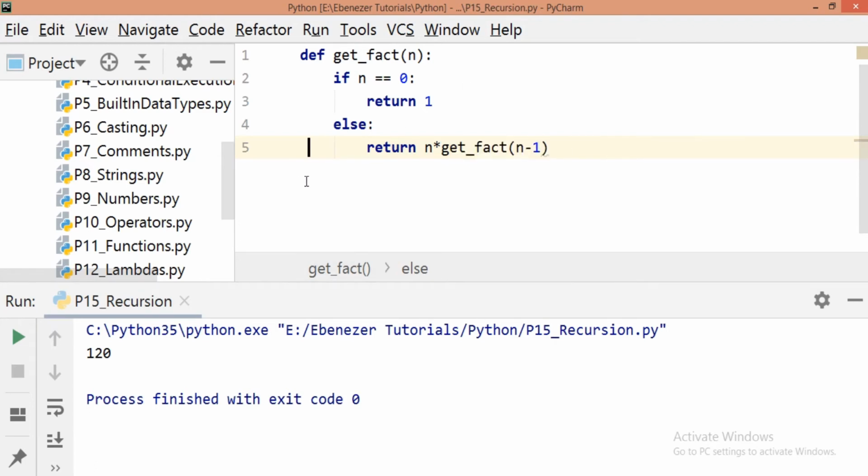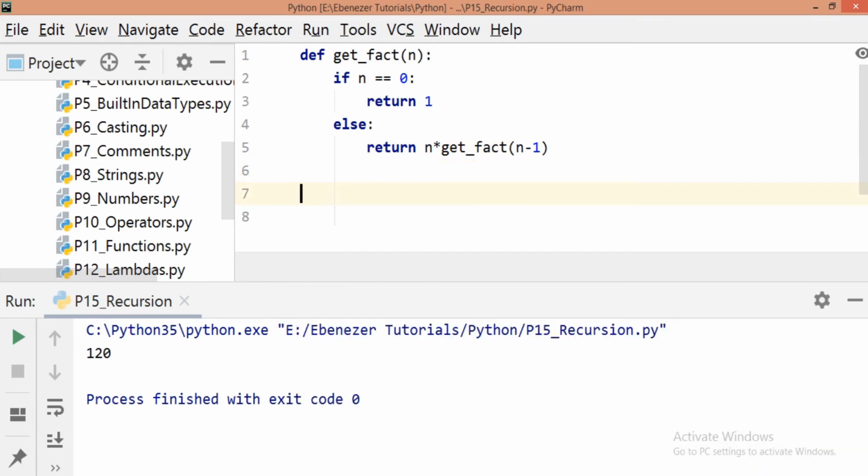What is factorial? We will look at it in mathematical terms also. If I find 5 factorial, what is it? It is 5 multiplied by 4 factorial. What is 4 factorial? 4 multiplied by 3 factorial, and so on. So it is that number multiplied by the factorial of n minus 1. So this is recursion. Where is that recursive concept being used? Here we are calling the same function again. So we can try it out also.